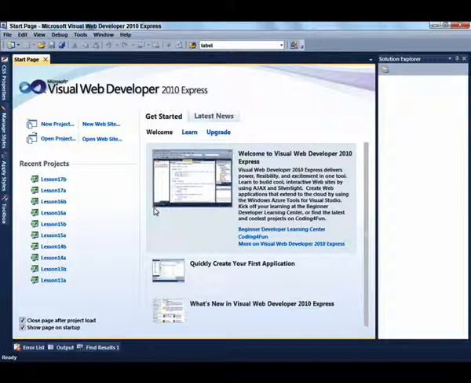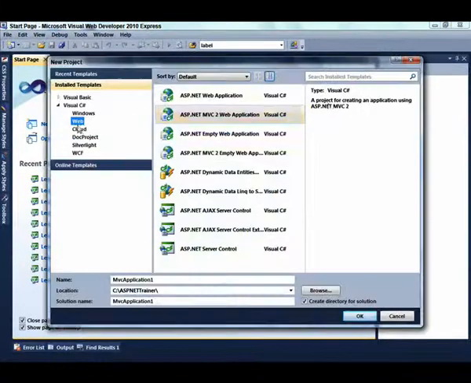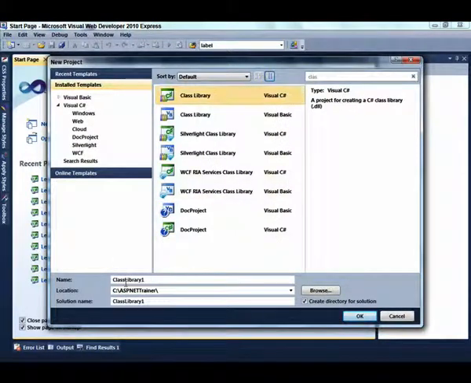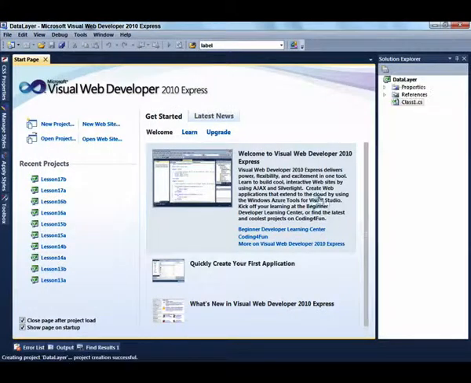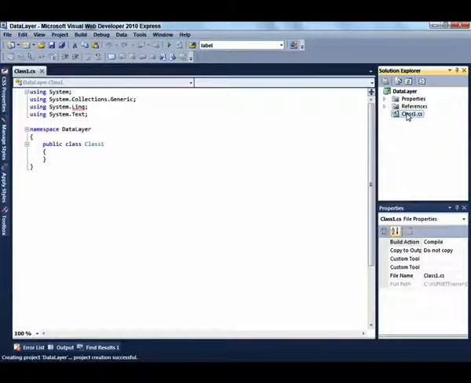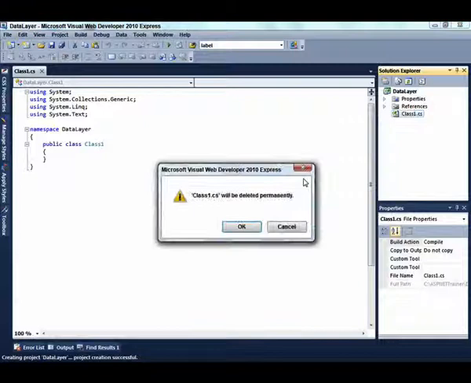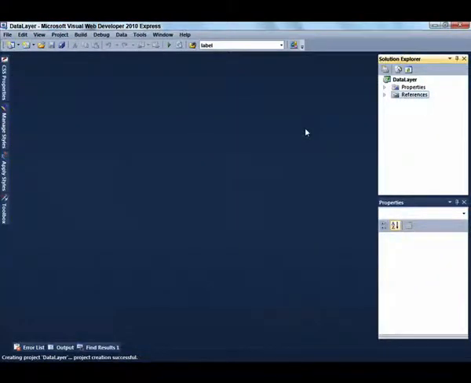To start this lesson, select New Project, search for the class library, and enter Data Layer for the name of the class. Finally, click the OK button. Delete the default class and add an entity